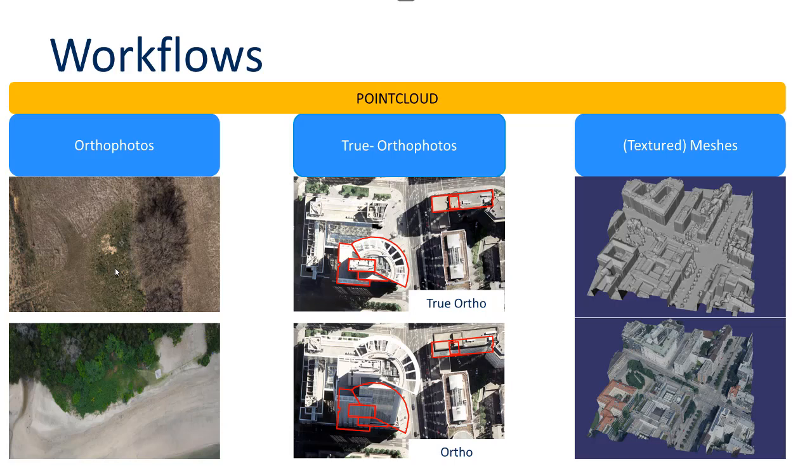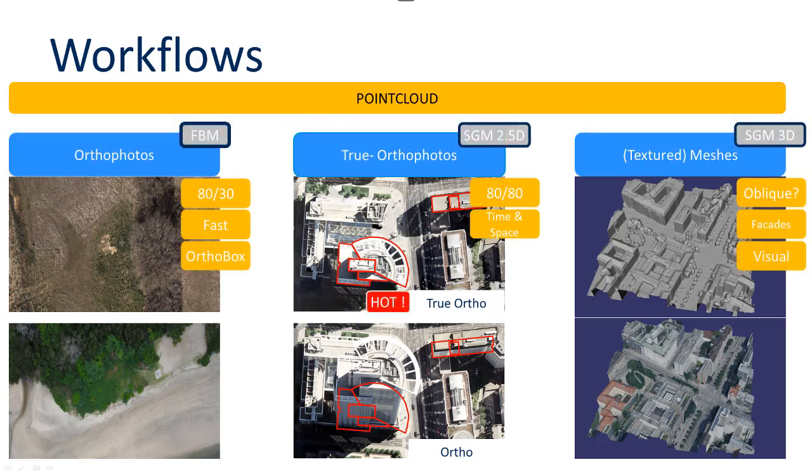a typical orthophoto workflow. With Match 3ds, we can also extract these type of data, where we would need, in this case here, the feature-based matching, which is a very fast algorithm. And we also only need for this process typically an 80-30 overlap, and it's then used together with our orthobox, where you can use AutoMaster for the auto rectification and AutoVista for the seam line generation, the radiometric correction, and